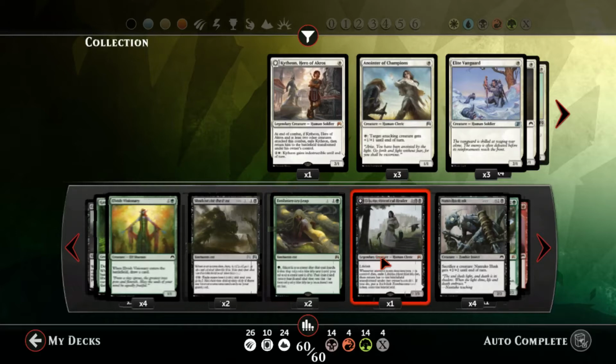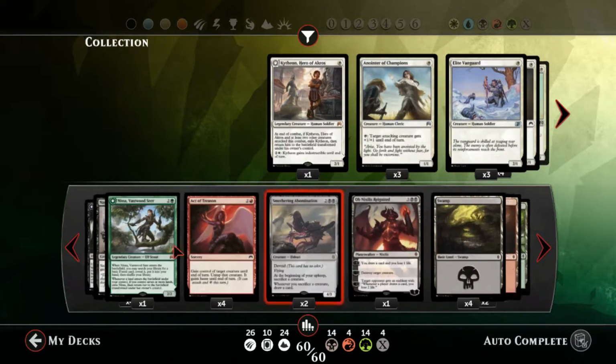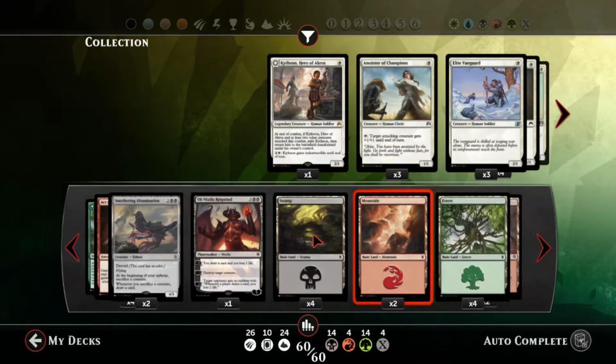He's got the Leaps. He's got Liliana. He's also got the Husk, which is the linchpin of most of these decks. He's got the Act of Treason, which is kind of scary for me. But the upper end of this deck is Obnixilis. You know, so